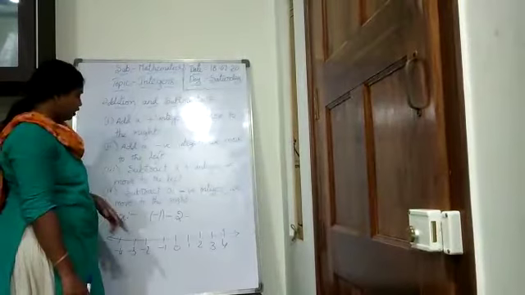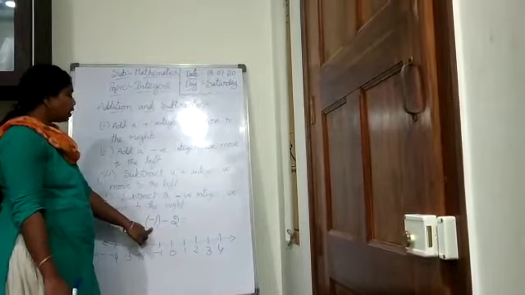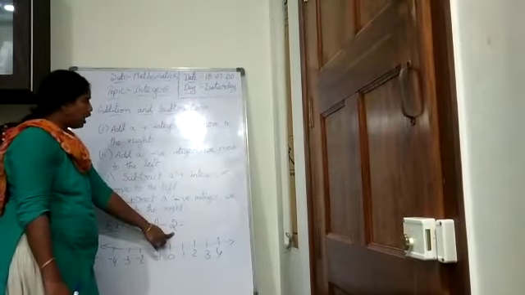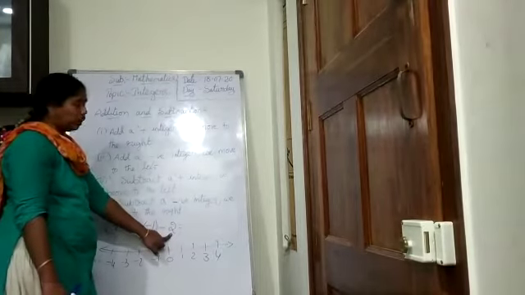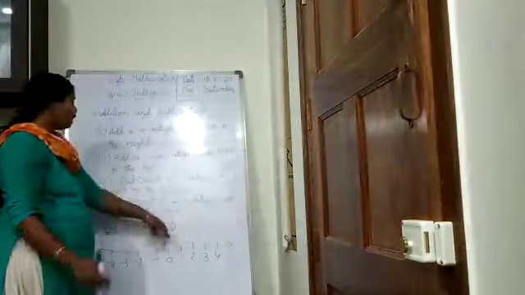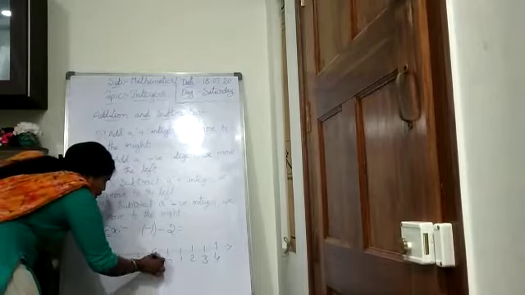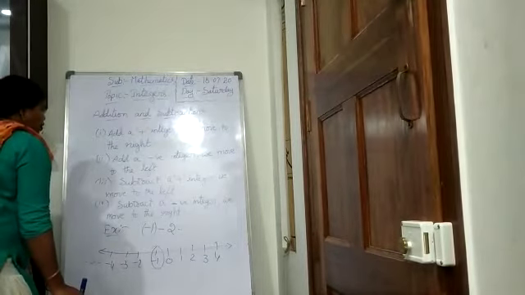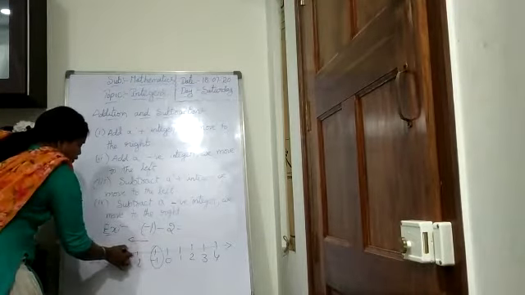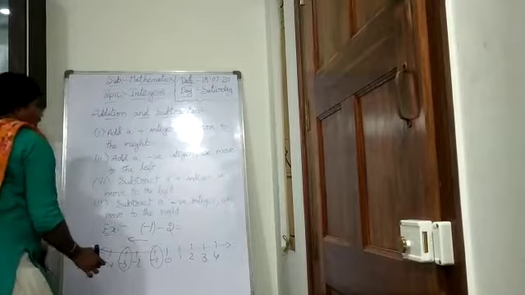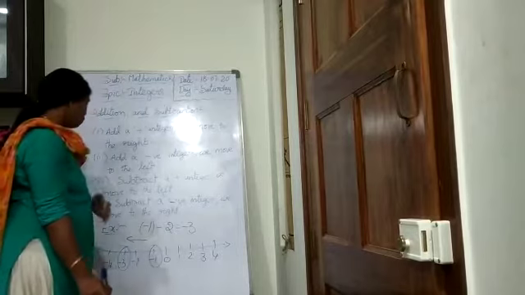See, I have taken an example, minus 1, minus 2. From minus 1, which number am I subtracting? 2. 2 is a positive integer. From any number, when you subtract a positive integer, we have to move on the number line towards the left side. For example, where is minus 1? This is minus 1. From minus 1, we have to move how many numbers back to the left side? 1, 2. 2 numbers. What is our answer? Minus 3. Clear?